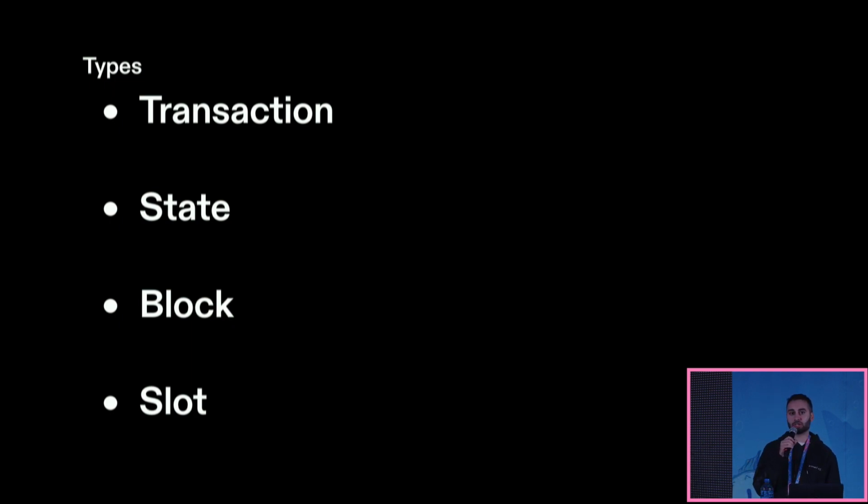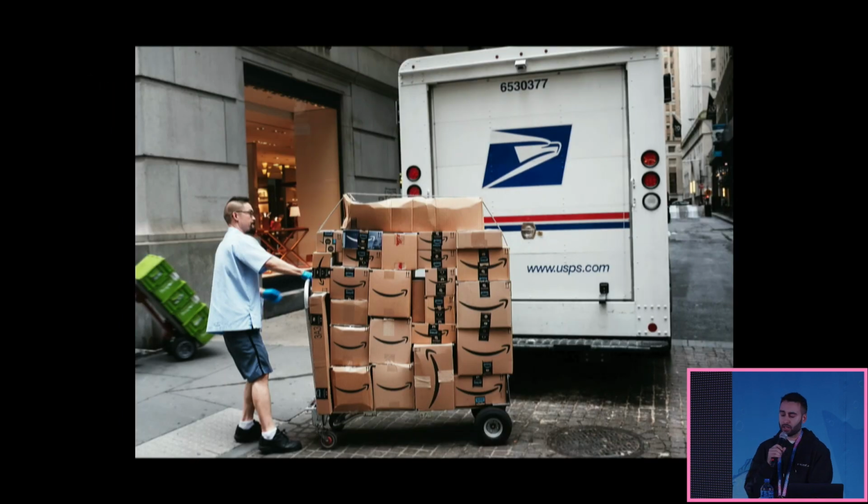But right now we're focusing on transaction pre-confirmations, meaning you have a transaction that you want to get on chain, and you receive a credible heads up from a group of entities or an entity about this. So I gave this kind of Amazon USPS example a little while ago, and it really holds under this condition.